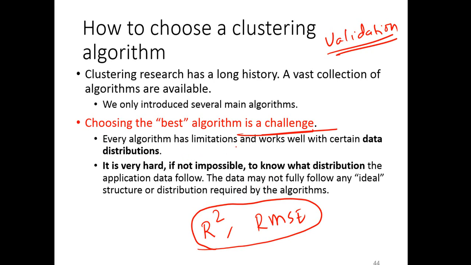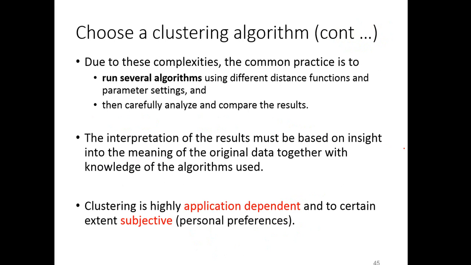Each algorithm has limitations and it depends on the type of the data distribution. One algorithm could do well with a particular set of data, and you need another algorithm for another data set. There is no rule of thumb as such that K-means works better than hierarchical or hierarchical works better than K-means. There is no hard and fast rule or clear-cut way to decide which one works better. But how do we come to know which one works better? The typical way is to run several algorithms. Do not use just one algorithm to cluster your data. You use several clustering algorithms,